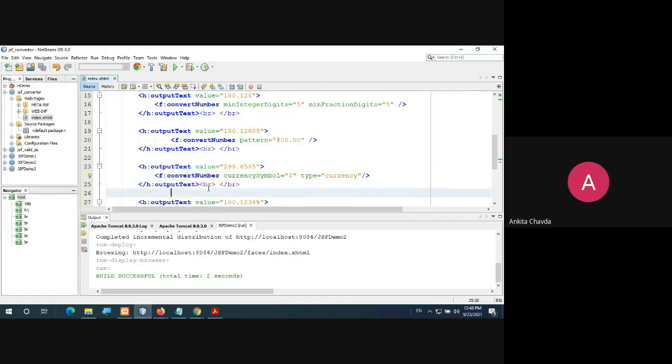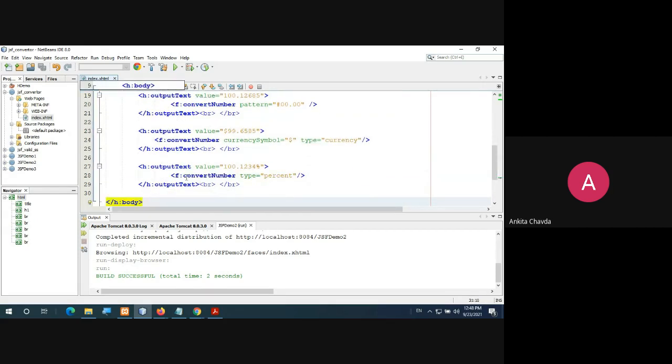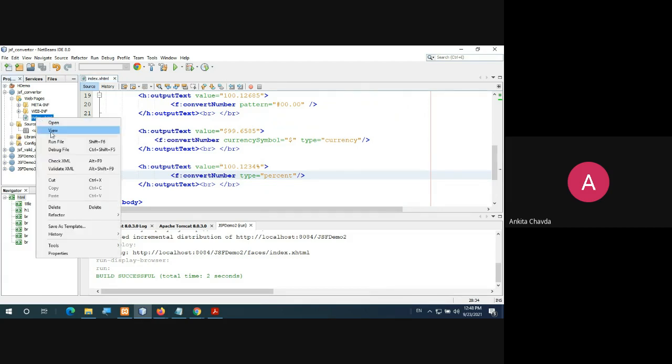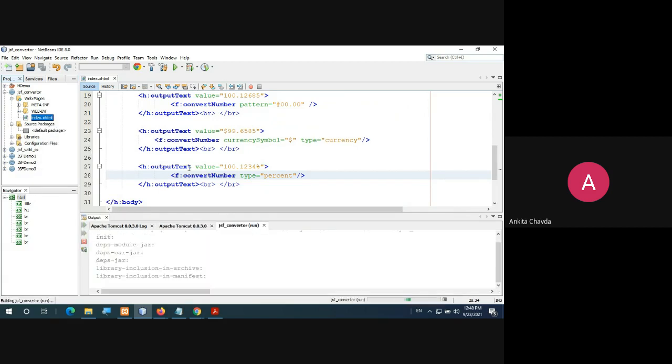Fine. Very easy things, right? Then if I'm having this 100 point something, right? By default, if you do not specify anything, it will not take the fractional part. It will simply take that, and add the percentage sign. Once I run it, you will get to see. I'm running this file. Check the output.